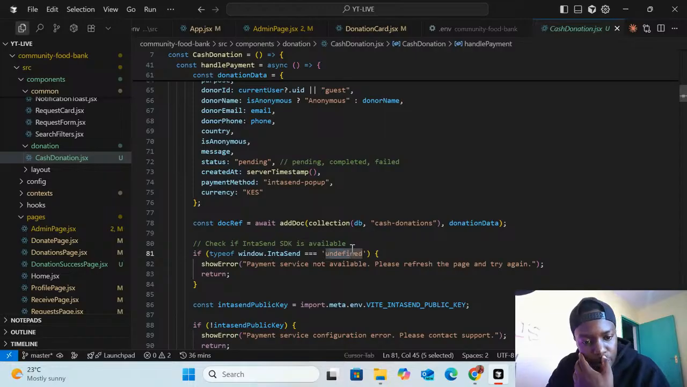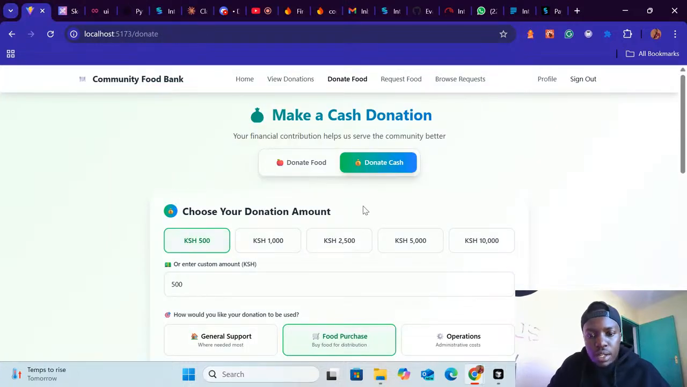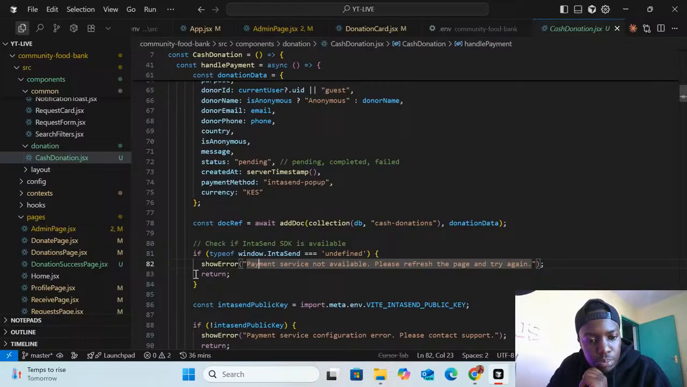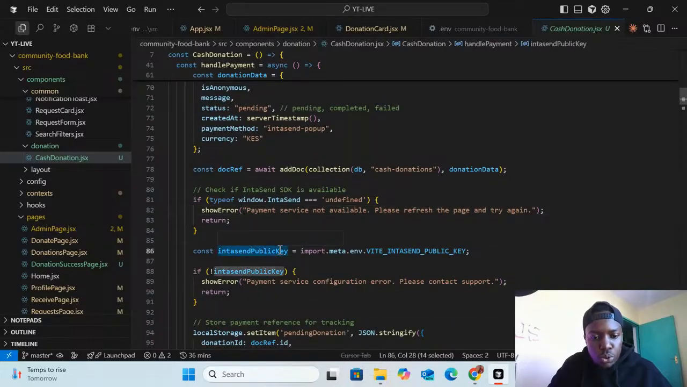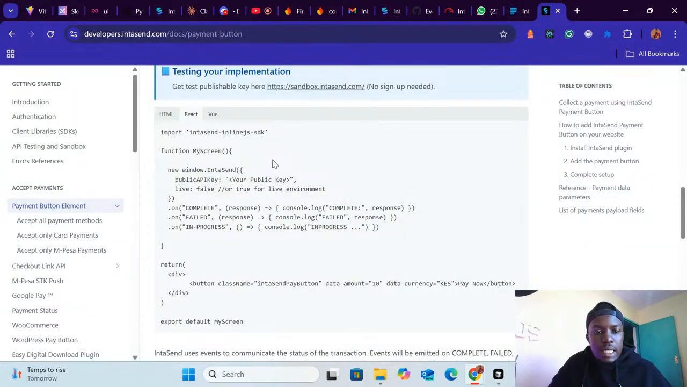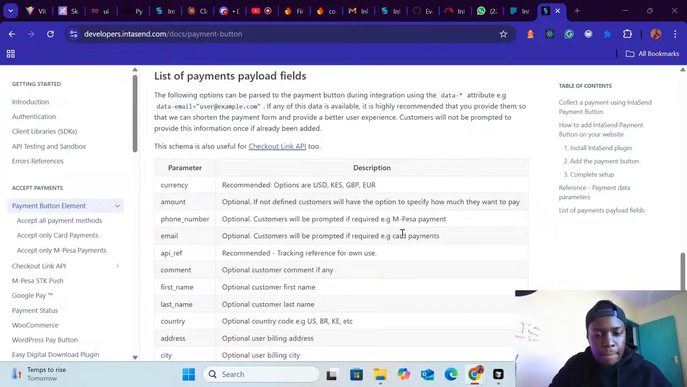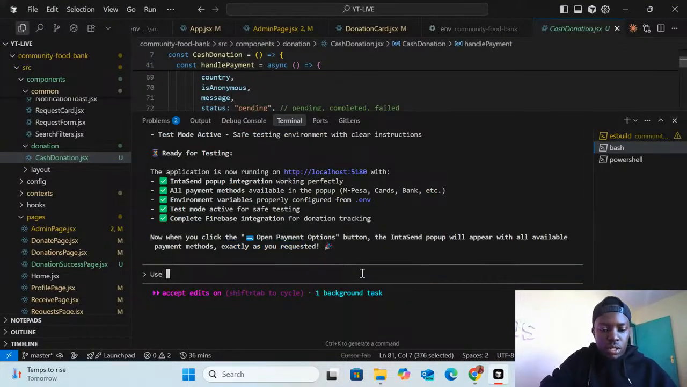Why is it undefined? That's where we have the problem. Payment service not available. What error were we getting here? Payment service not available. Refresh. Yeah, this was the problem. We are going to refresh this. So this one is very easy, as easy as ABCD. So we are going to get this, and I'm going to refer this code. Use the code below to refer how to call the IntaSend